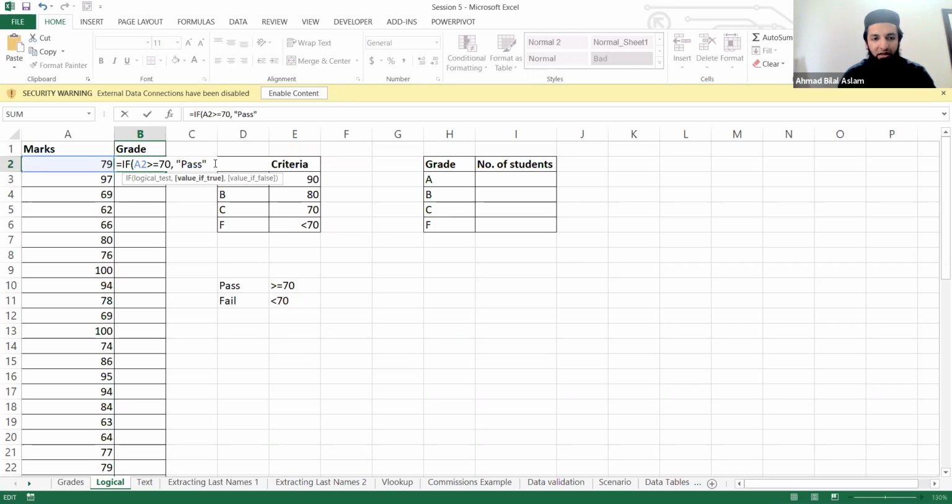So value of true आप लिखो, if this test is passed, इसका result true आ जाए तो you write pass there, then comma, what if that test result returns in a false, आप यहाँ पे क्या लिखोगे, you have a fail there, ठीक है. So I could change it, let's say passed and failed,